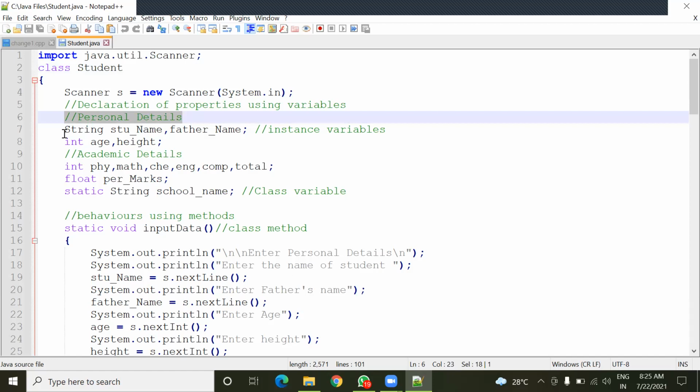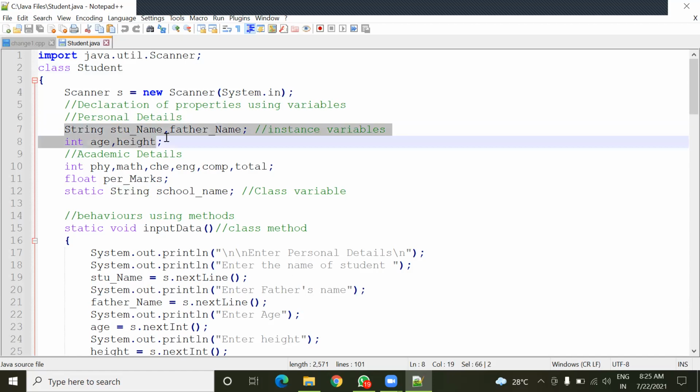In personal details, what are the properties you can take for a student? The first thing you can see is the student name, the name of the student. Next, father's name. You can also add mother's name. The next things, age, height.